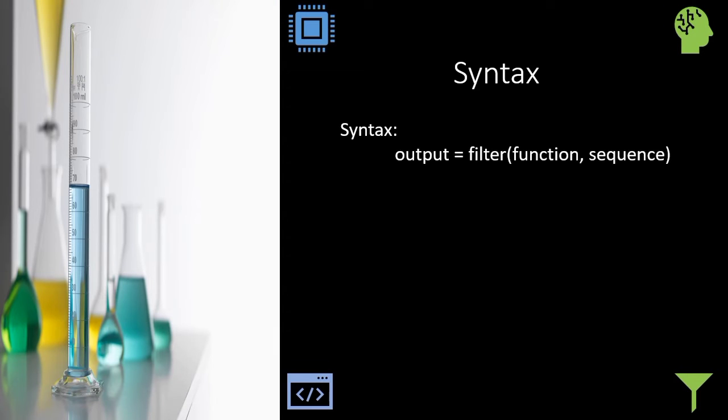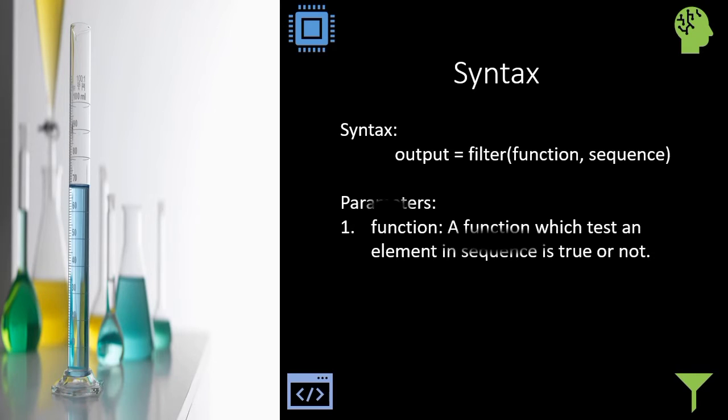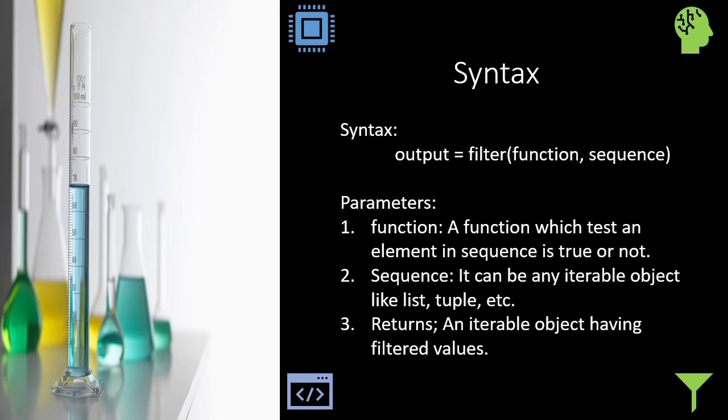Now let's understand the syntax for filter functions. The syntax is very easy, we just have to write the keyword filter and after that we have to provide the required arguments. The parameters are as follows. First of all, it takes a function which is basically a test function and it will check for a specific condition for the element which has been given from the sequence. If it is true, then it will return true, otherwise it will return false. After that, we have to provide the sequence. It is basically an iterable object like a list or tuple from which our elements will be sent to the function. The filter function will return a new iterable object which will have only the filtered values.